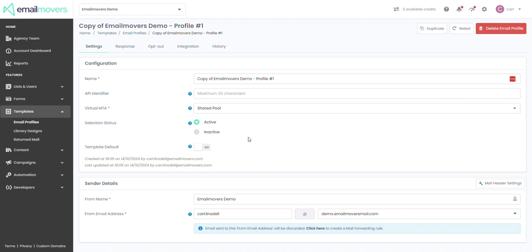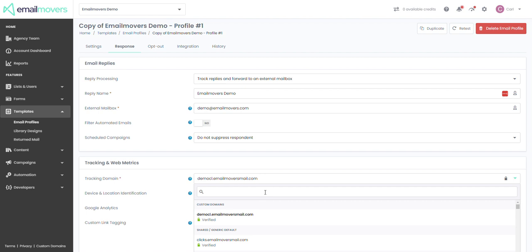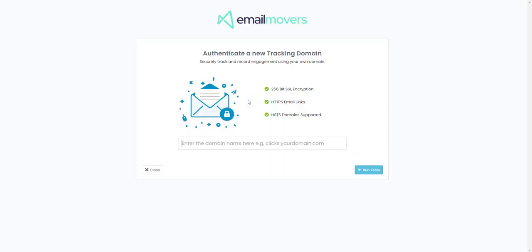because once you've added the domain part, you're also going to want to go to responses and go to the tracking domain, and you're going to want to create a subdomain onto the domain that you're bringing in. So typically this would be clicks.learning, whatever your domain is that you're bringing in. It doesn't have to be clicks. This bit here can be whatever subdomain that you want to use for the tracking, but it makes sense to call it clicks. And then again, click authenticate domain,